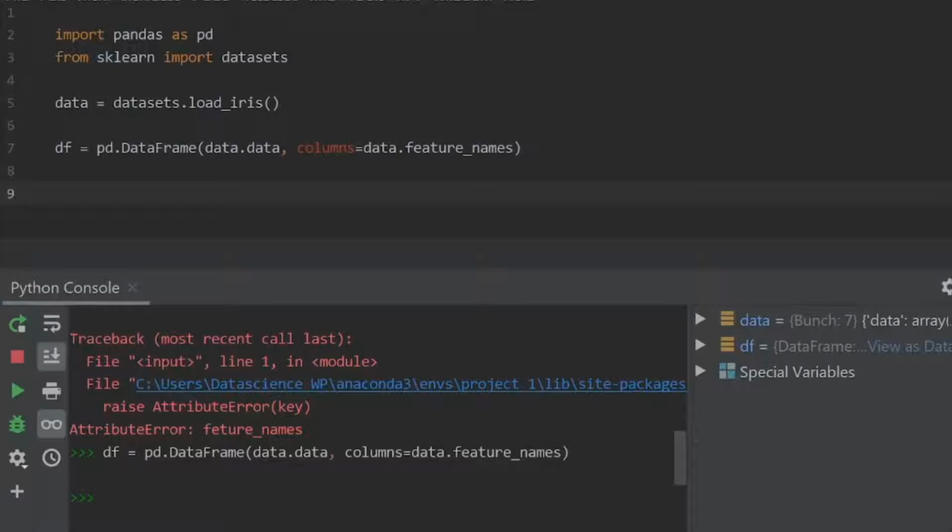We will now choose two columns for our series object, and the ones that I'm going to select are the petal length and the petal width. So I'm going to create two new variables. I'm going to call this my petal length.